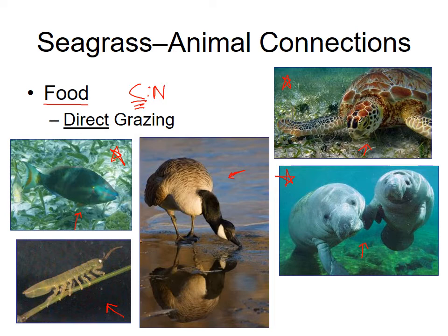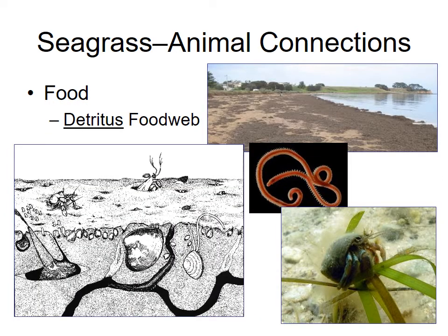So direct grazing you'd think would be the main type of grazing, but in some seagrass beds, particularly temperate seagrass beds, there's not that much direct grazing. All right, so the other way that seagrass provides food, one of the other ways, is via seagrass detritus. So this means that the seagrass is not eaten while it's alive, that it's sort of, the seagrass grows and